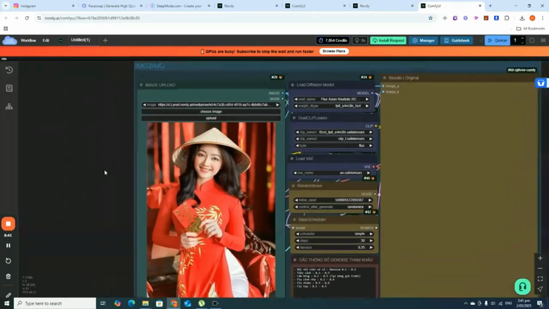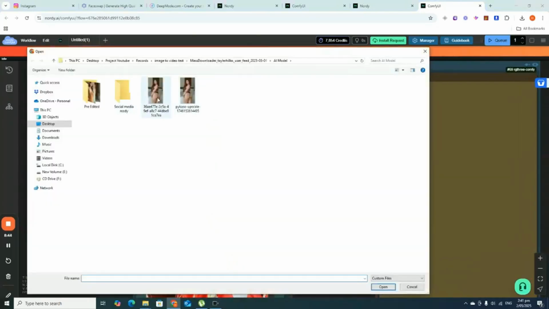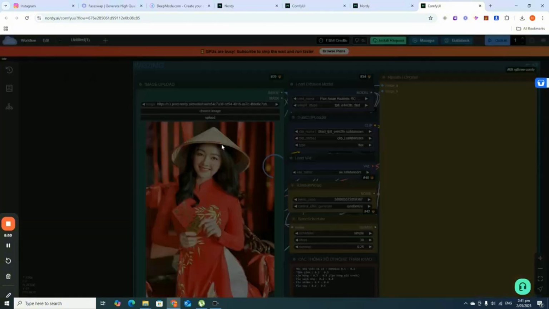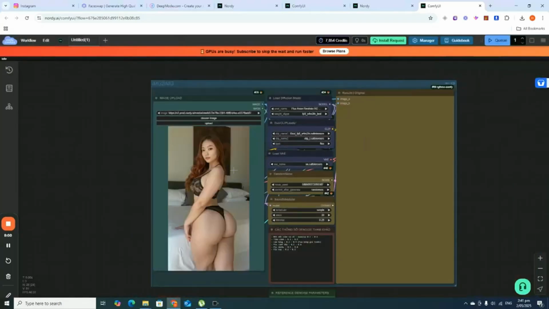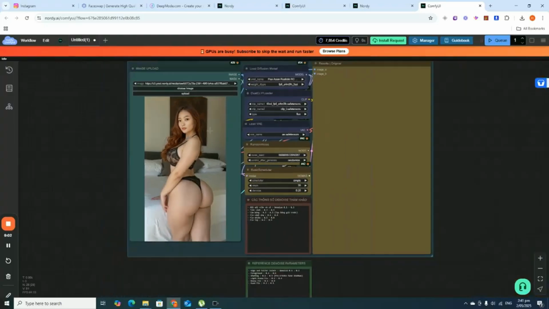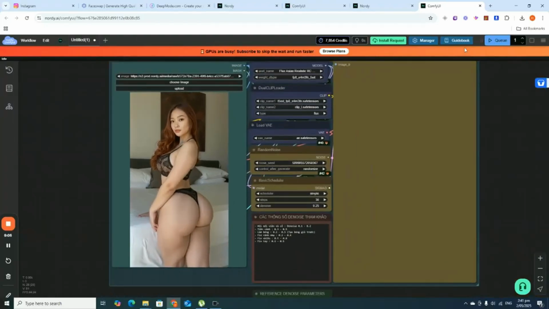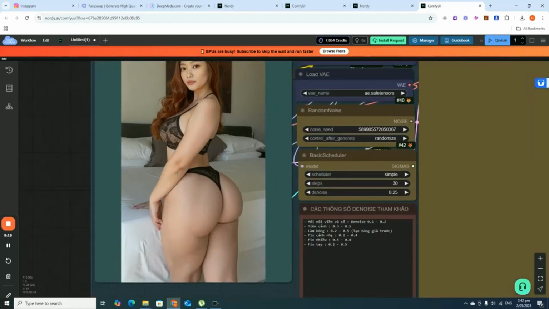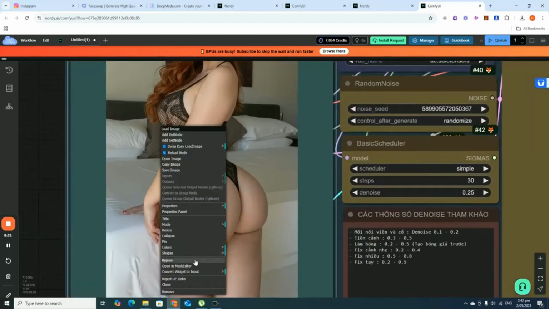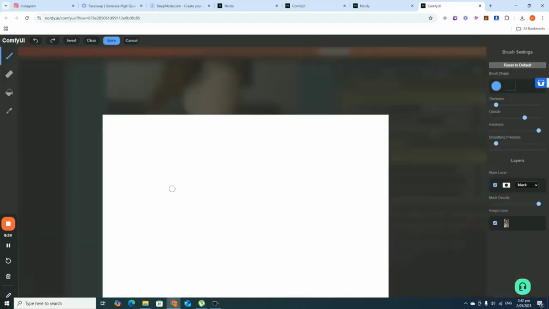This is the workflow. And this is the one we just wrapped the face. So what you're going to do is when you upload the photo right here, you cannot just start the workflow as it is. You can, but the problem is it's going to change everything. Like it's going to change the face, change here, maybe the clothing as well. So what you need to do is right click and press mask editor,